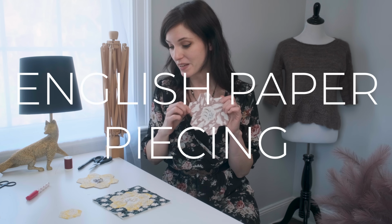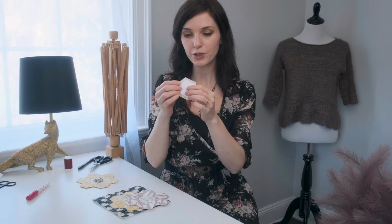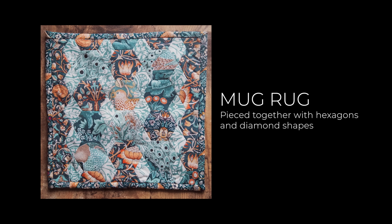By popular demand, today is the day that I'm going to show you how to do English paper piecing. And yes, if you are not familiar with what English paper piecing is, it's when you take a shape, such as this little hexagon here, and wrap it in fabric. You can either hand baste it or glue it, and you create a whole bunch of these little hexagons. And when you have a nice pile amassed, you can hand stitch them together to create a really beautiful piece